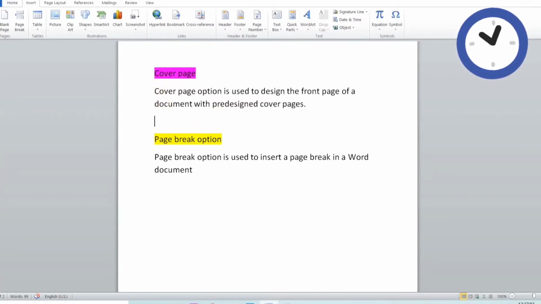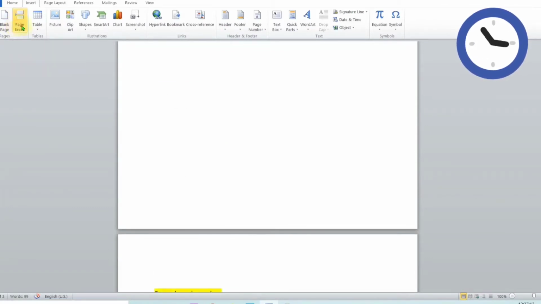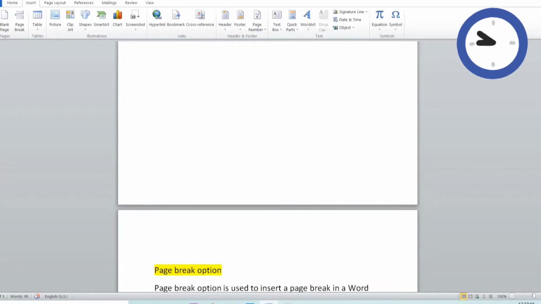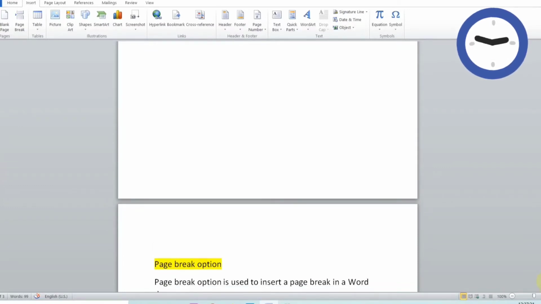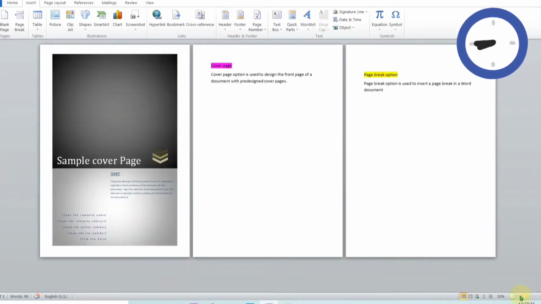Here, I need a page break between these two sections, that is, in between cover page and page break option. And step 2, you click on Insert tab, Pages group, Page break option. Now, you can see a break appears between these two sections. This is how our page appears after we have done the page break option.